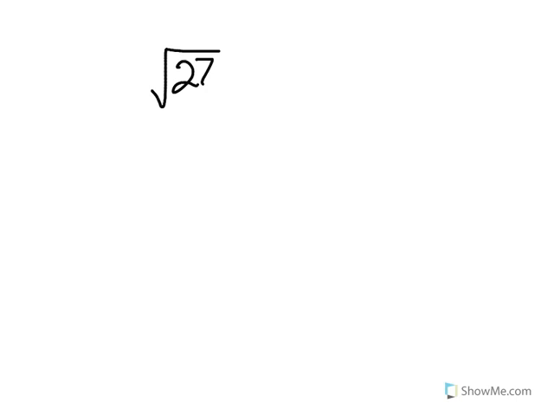For another example, we could look at the square root of 27. Again, 27 is not a perfect square, so we want to look at what perfect squares will go into or are factors of 27. Again, 1 is always going to be a perfect square that goes into every single number, but it doesn't help us reduce at all. 4 is the next perfect square, but does not go into 27. 9 is a perfect square, and in fact 9 times 3 is 27,